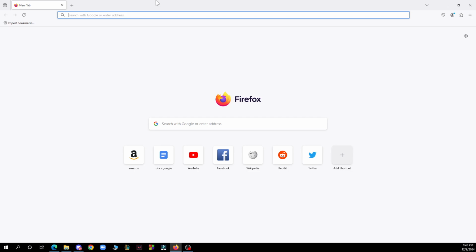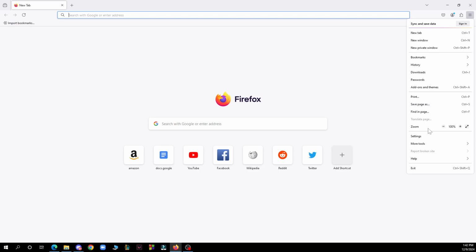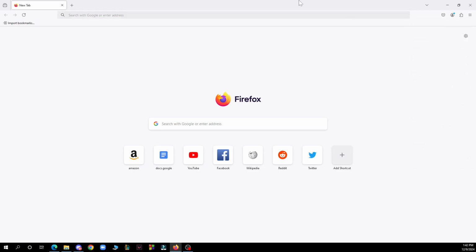But now guys, let's see what we actually have in front of us here. In the middle of the screen we have the search box, we have it also in the top side of the screen. We have add shortcuts, and in the top right corner we have the three lines where you have a lot of settings. But now guys, let's see how you can actually go and enable or disable dark mode